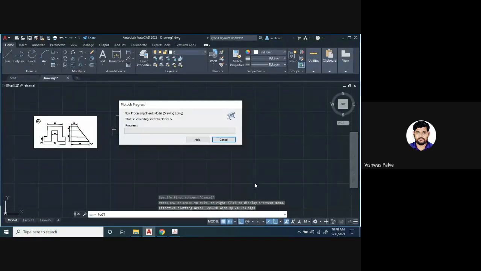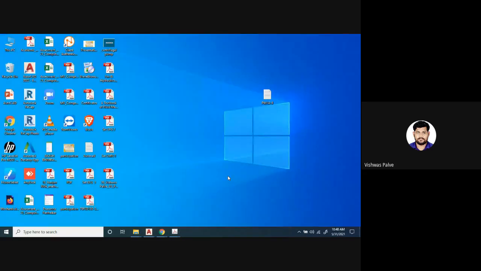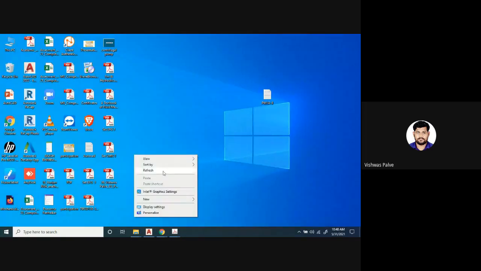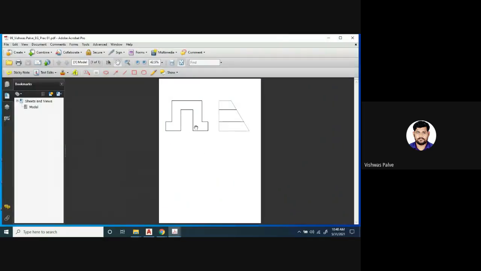How to save it? And this file you can upload wherever you want. I will show you the file, how the file is being saved. It will take some time for saving. Okay, then you can click on this file. You can see that this file is visible now, right? So you can upload this file.